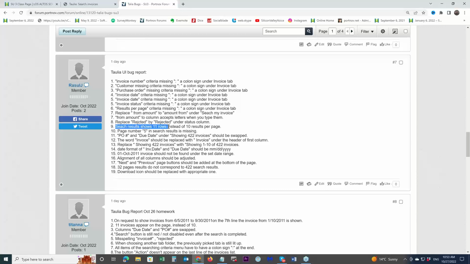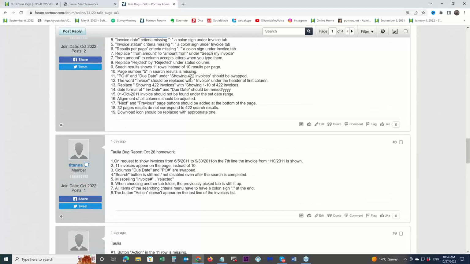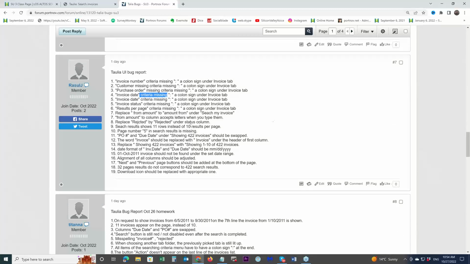Search results show 11 rows instead of 10 results per page. Okay. God knows what you mean under criteria missing. Colon sign under invoice. I don't know what's criteria, really. I have no time to go there. I mean, definitely it makes no sense.